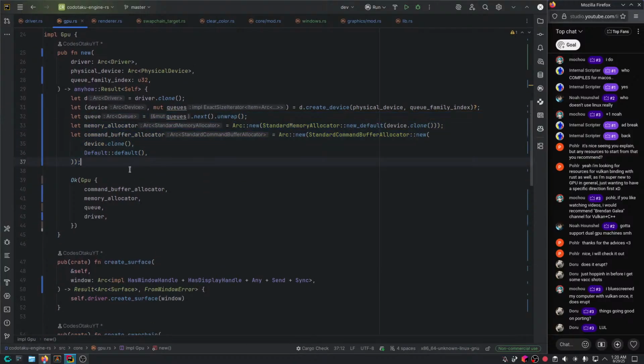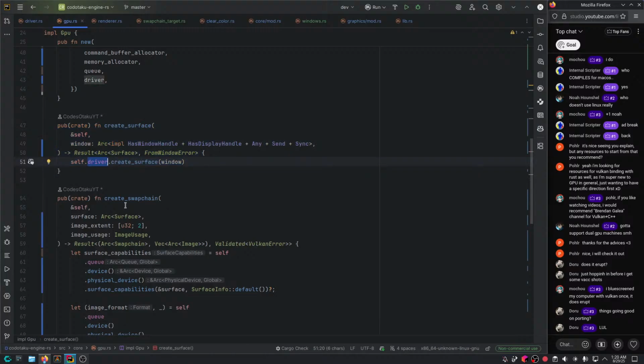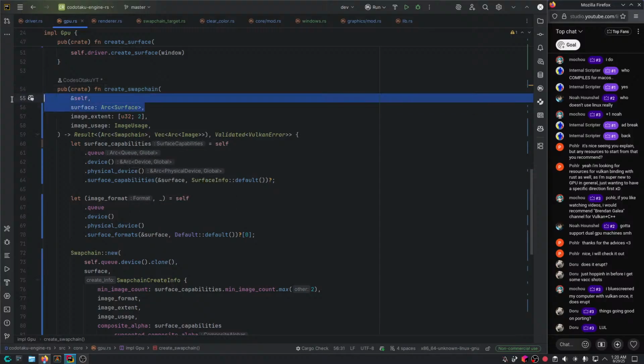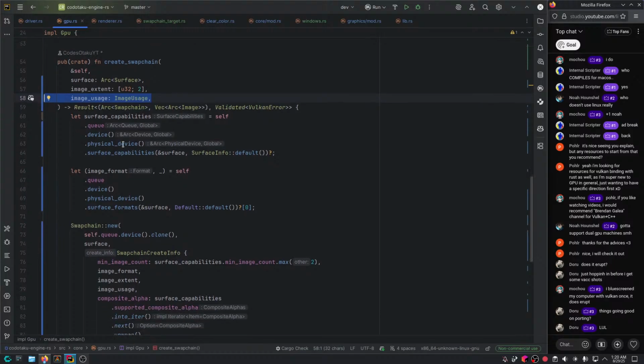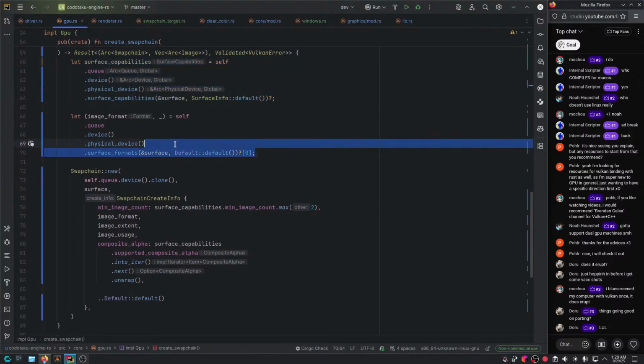Nothing fancy there. The next thing here, we just create surface. We just delegate that to the driver. And then we have create swap chain. So create swap chain takes a surface and an image extent and image usage, and it basically takes the surface capabilities as we've done before. It lists the physical device formats and makes sure,